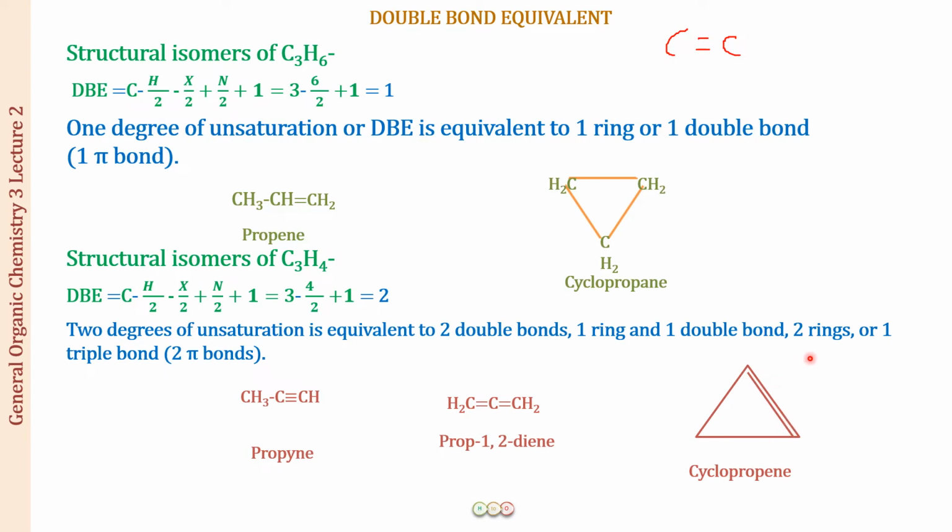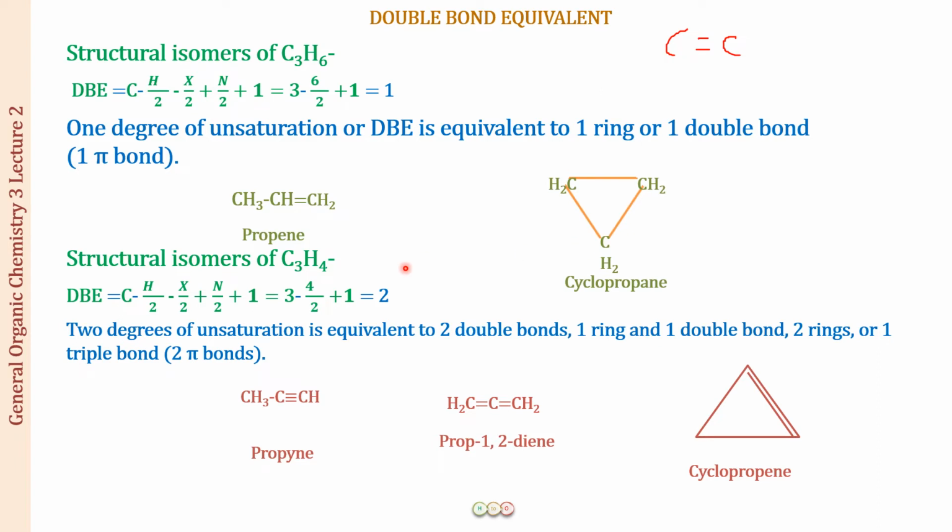Can we draw 2 rings for these structures? Well, 2 rings are not going to be possible. We can just draw one ring. So this will not be a possibility for this structure. But when there are more carbons, yes, you can draw 2 rings also. You will see that in some coming up examples, where 2 rings are possible.